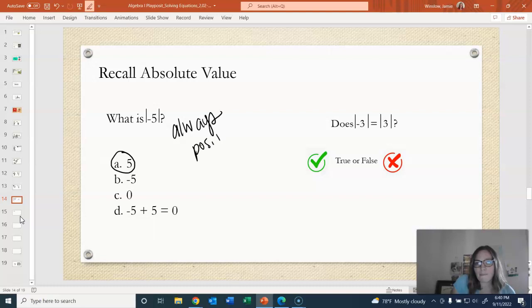positive after you take it. So you can see the number inside of here is -5. So the number inside can be negative, but when you take the absolute value, it's always going to be positive because the definition of absolute value is the distance away a number is